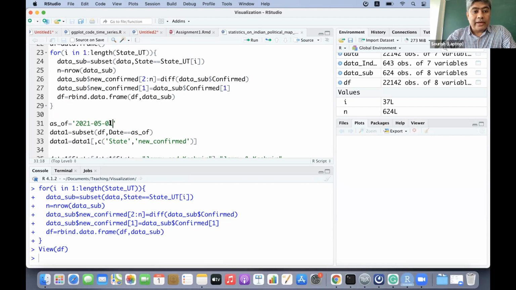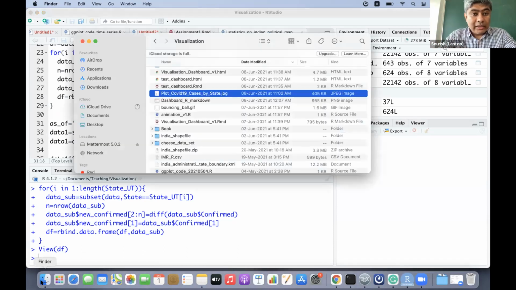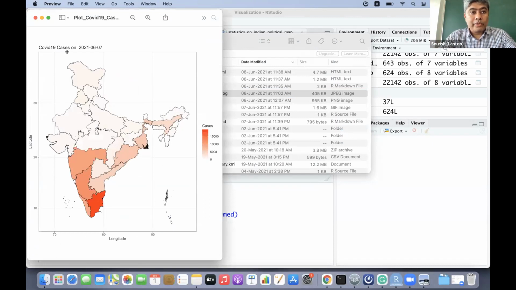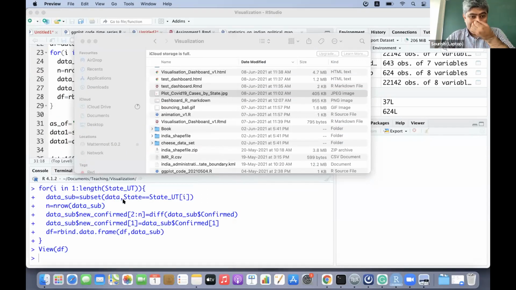So you have to be a bit careful when you are doing these kinds of things. Now what we will do is take one particular day of data, extract the date and the new cases observed on that day for each state, and plot it state wise. We want to create a plot like this.